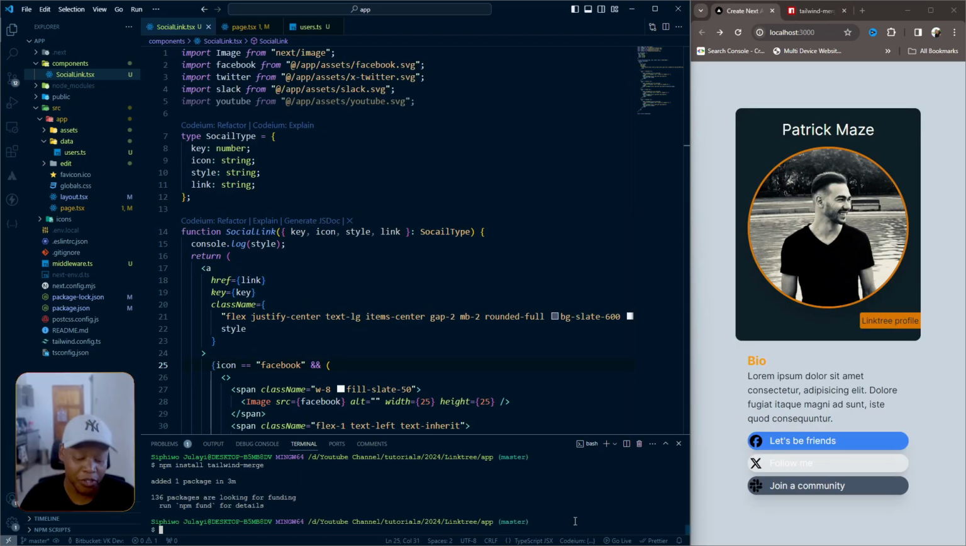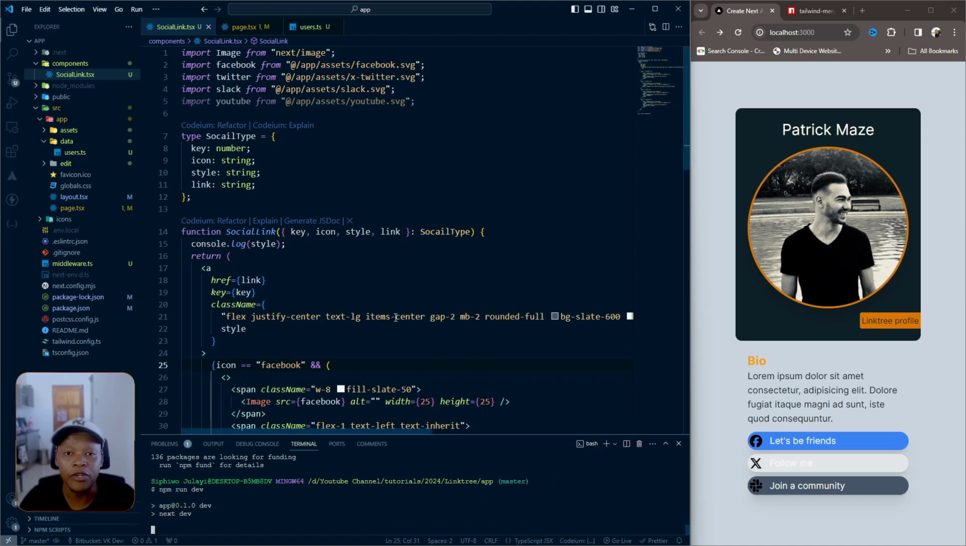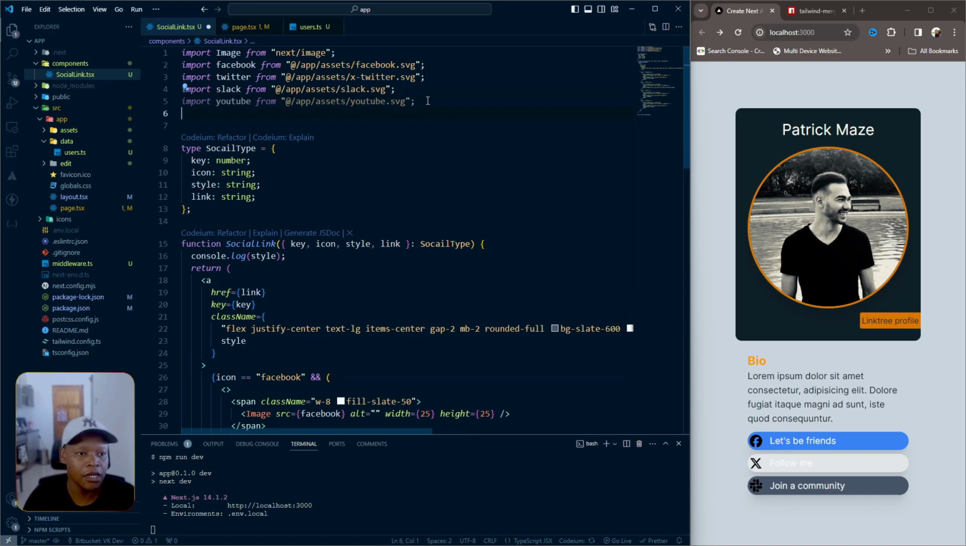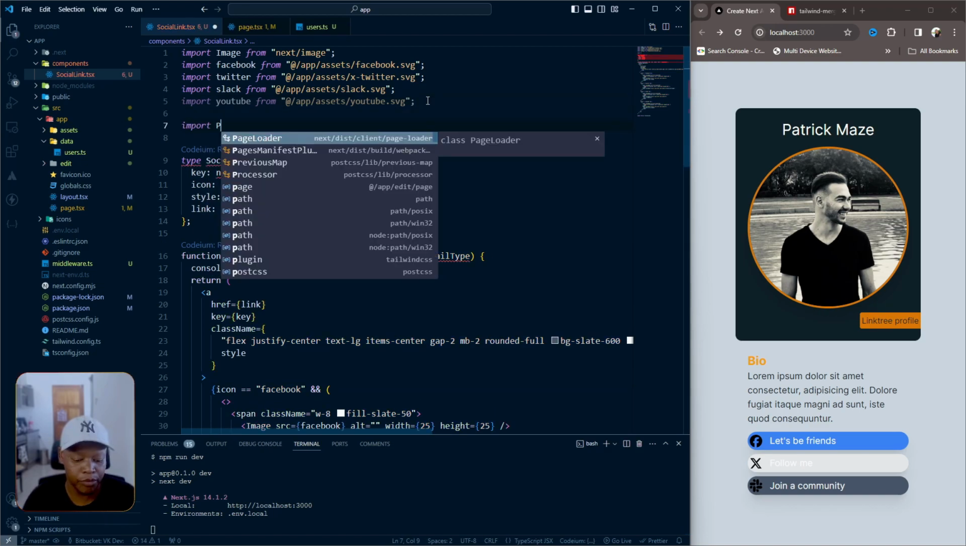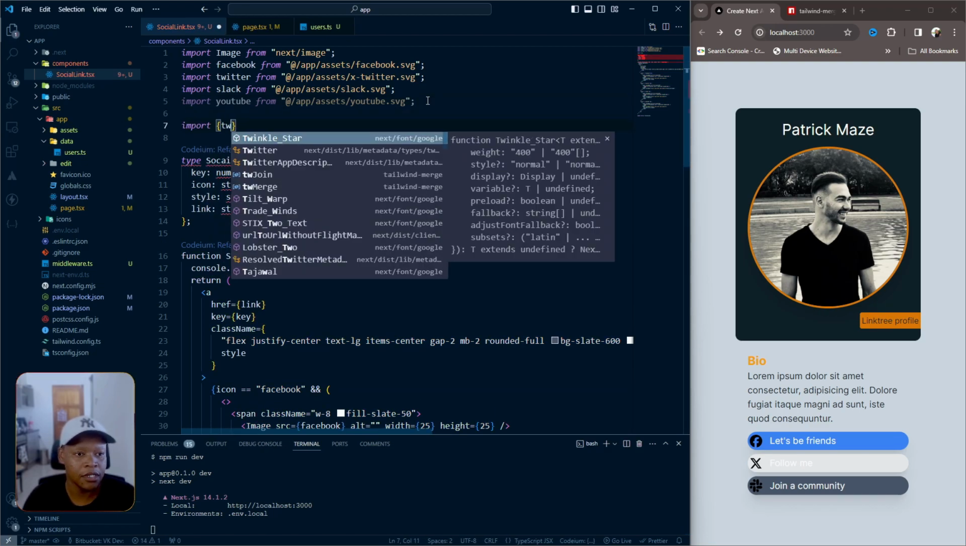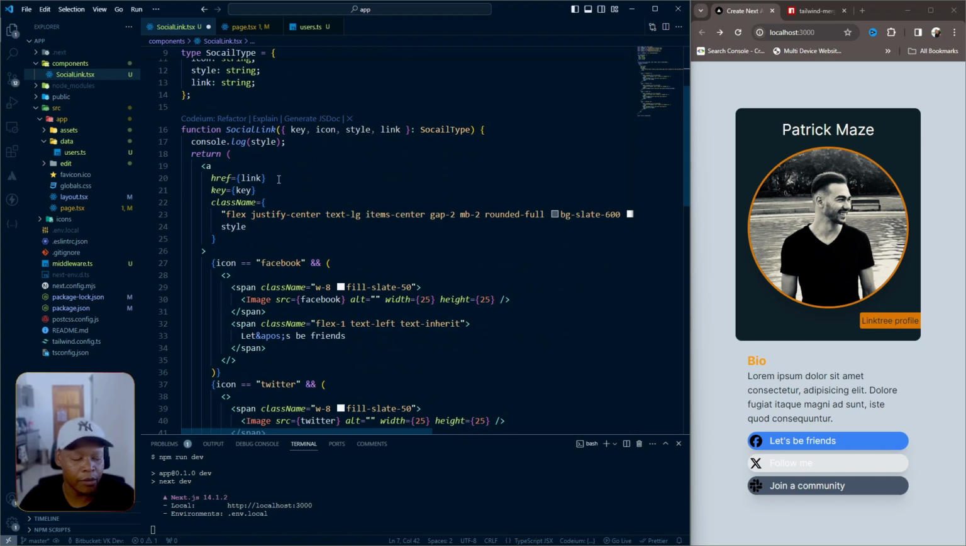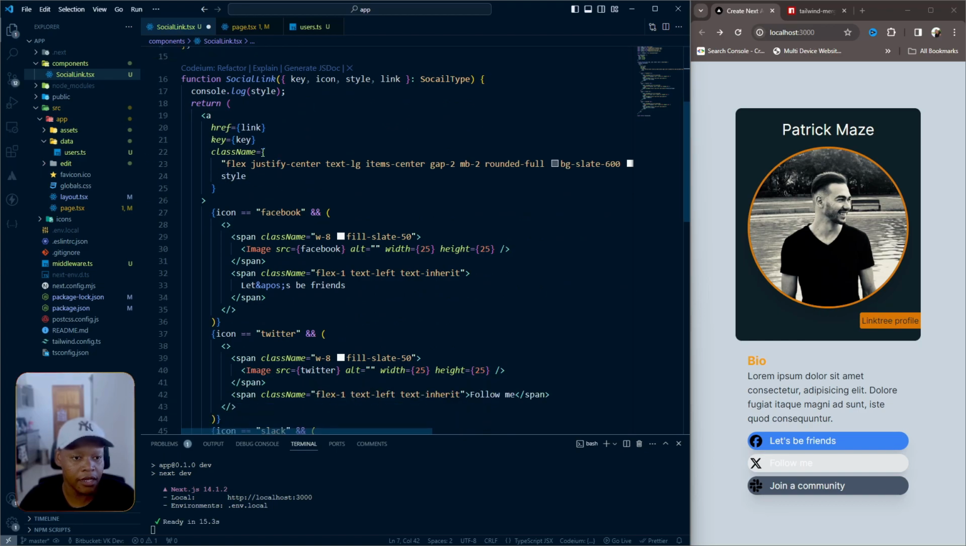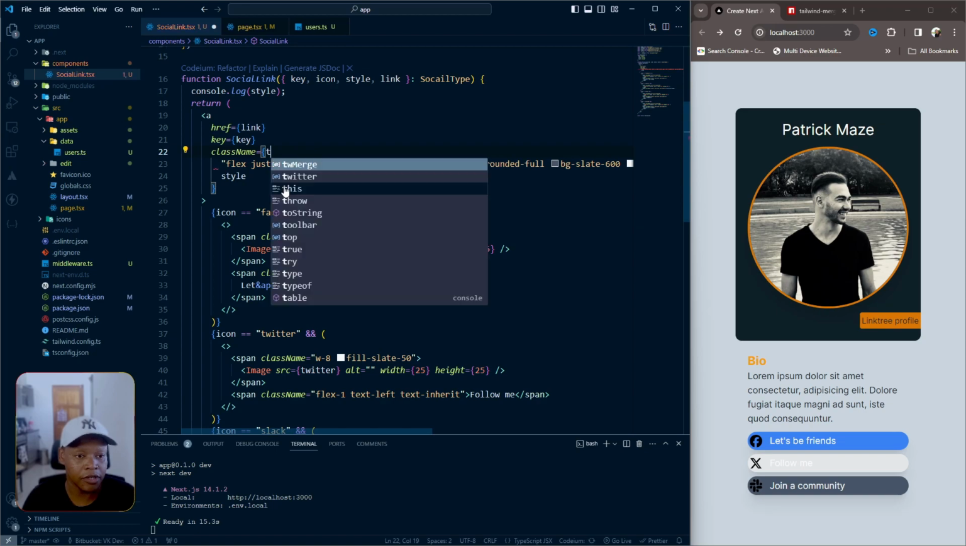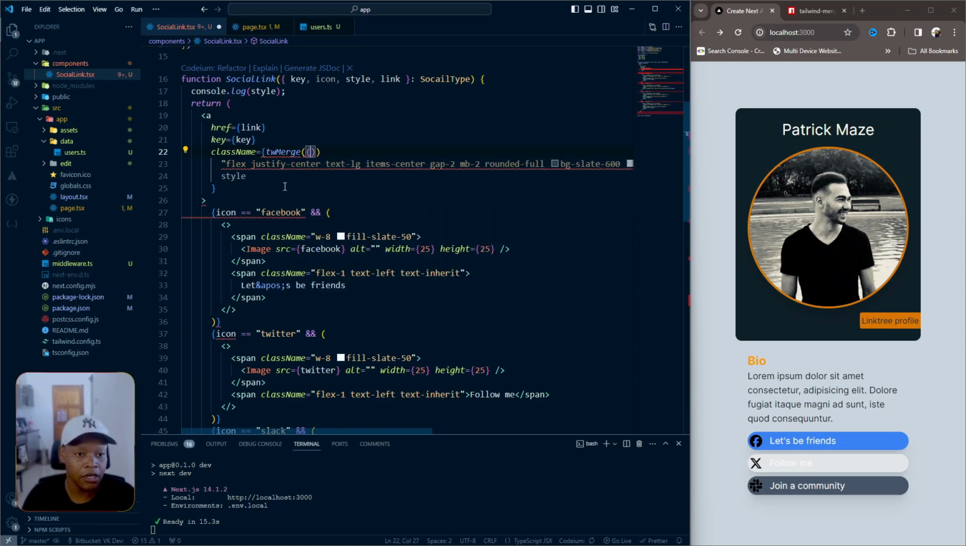Okay, so that's done installing. I'm just going to go ahead and run this application again, and we're going to use that function provided to us by Tailwind Merge. The first thing I'm going to do is import that. So I'm going to say import twMerge, there we go, from tailwind-merge, and then I'm going to wrap all of this in that function. So this is going to be twMerge, open bracket,